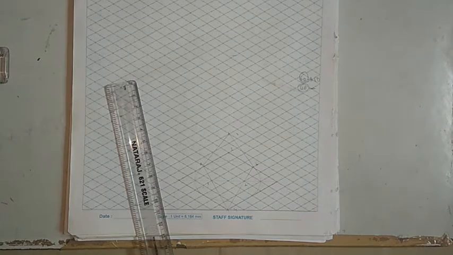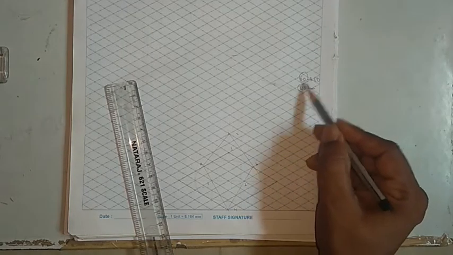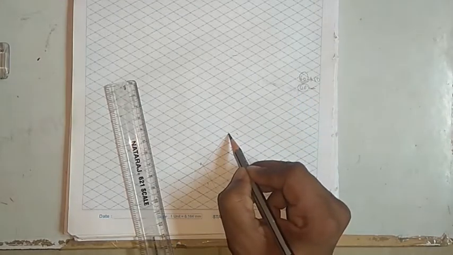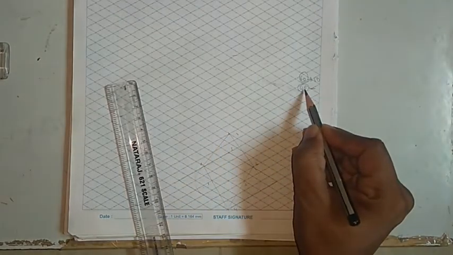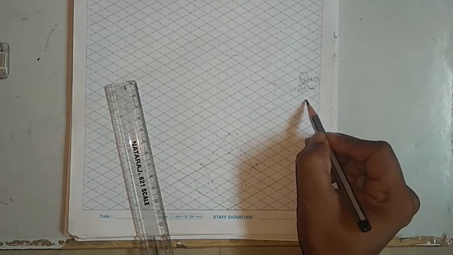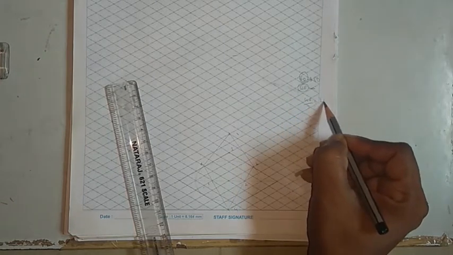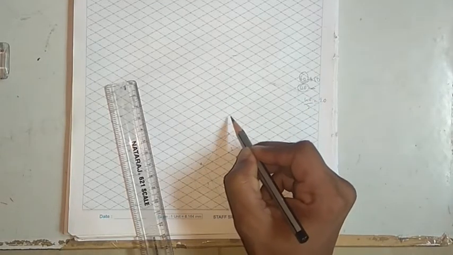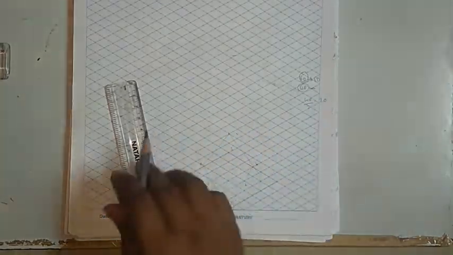Now above this there is a hemisphere of 40 mm. So how do we construct this? This is the tip. From here you need to take a height that is the radius. A 40 diameter means the radius will be 20. From here move two boxes, 1 and 2. So this is the center of the hemisphere.